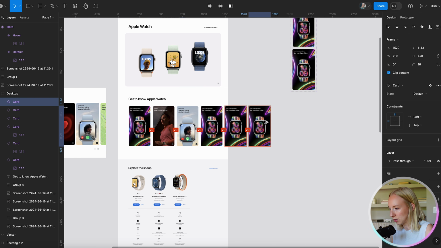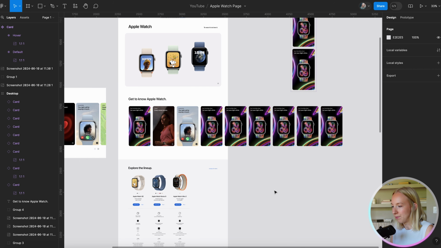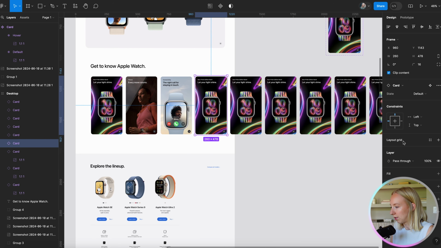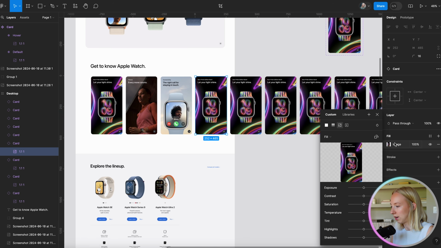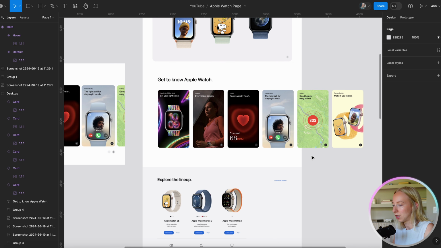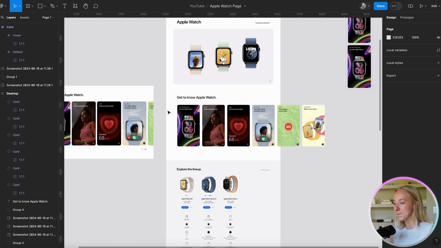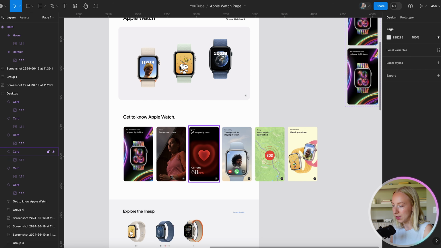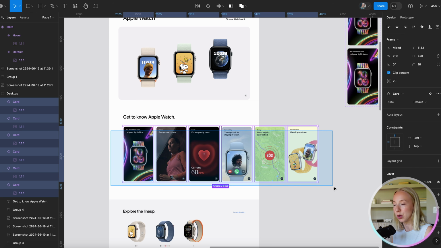I kind of forget. So I'll just make a bunch and then we'll go in and switch all the images. Okay, so we'll just do 6 here. Okay, so now that we have all of these images in, we need to make this able to horizontal